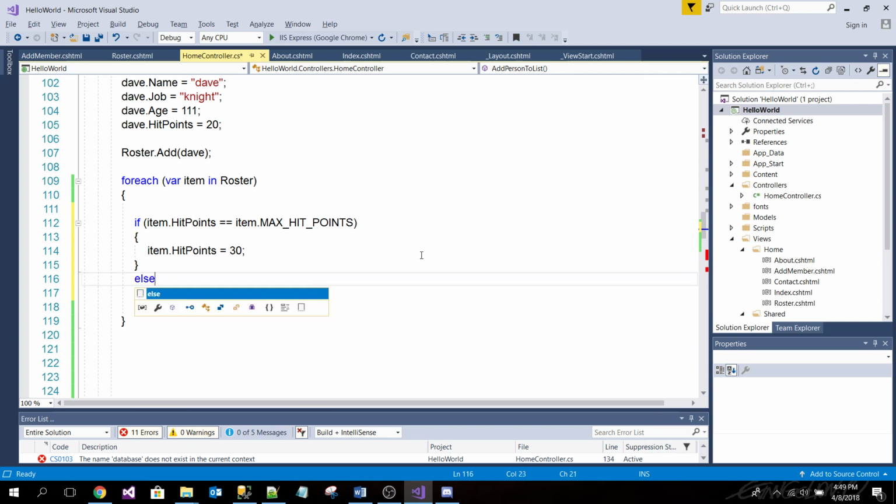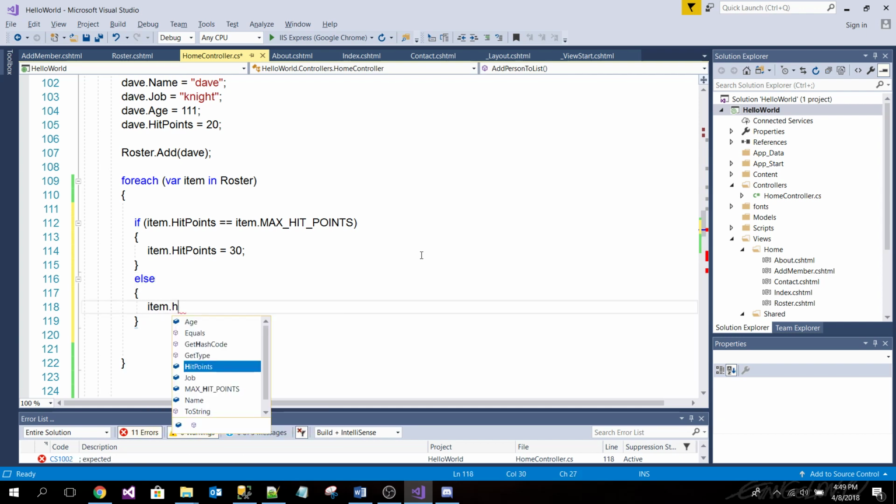But else, what happens if hit points are equal to 20? There you go. Else. Now let me ask you a question. I'm about to ask you a trick question. It's a logic question. So what would happen?